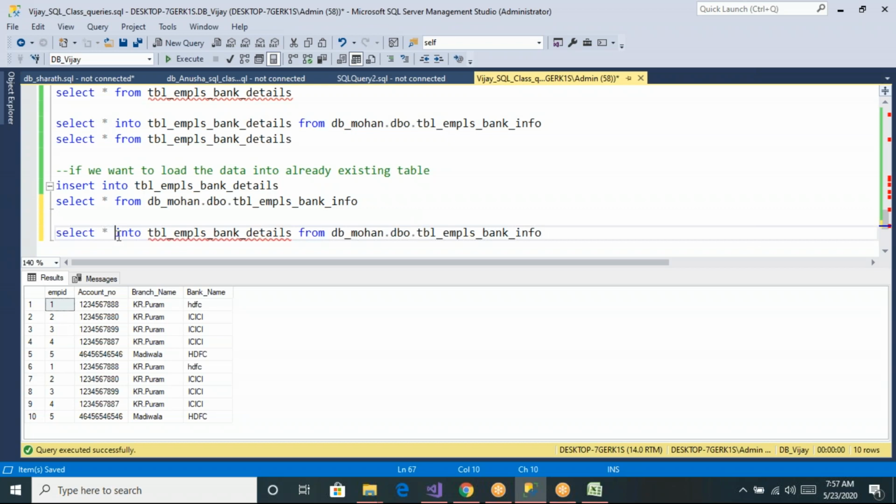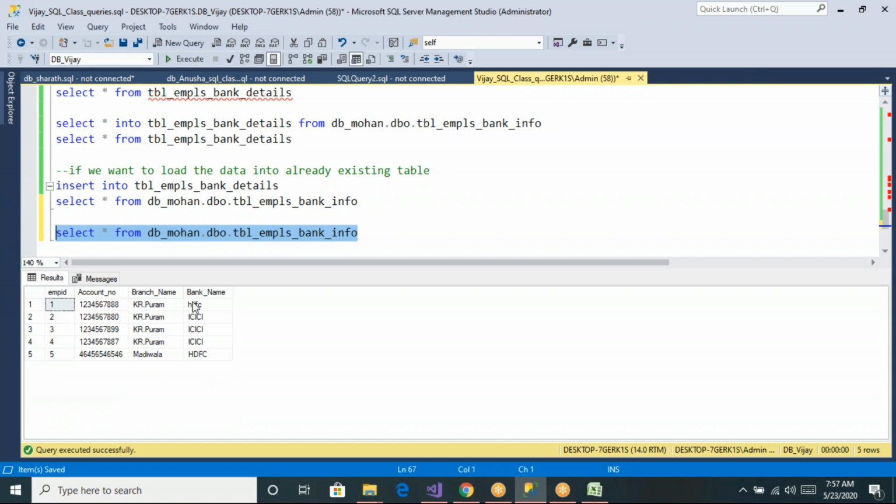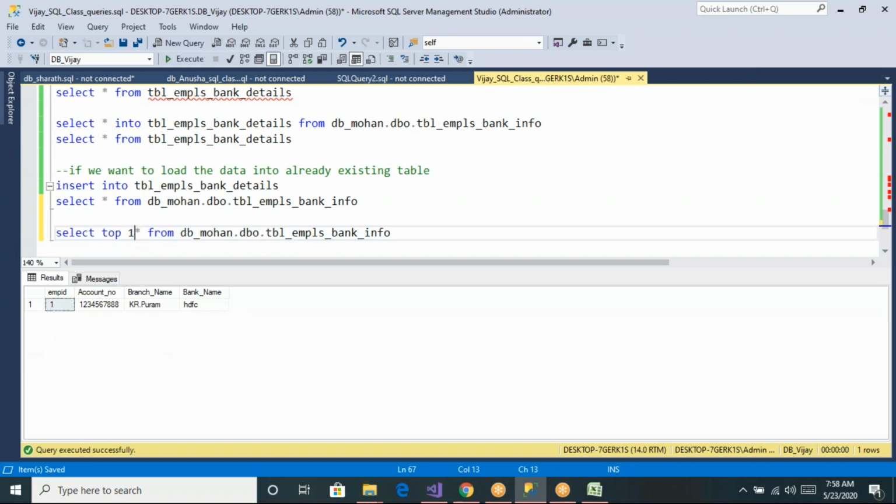So here, when you are selecting the source data, now you can see if you write this command, along with the table structure, the data also will be shown, no. Now let us say top 0 star. If I select top 1, only the first row will get selected. If I select top 2, only the first 2 rows will display. But if I specify top 0, no rows. Now you can see only the structure here.